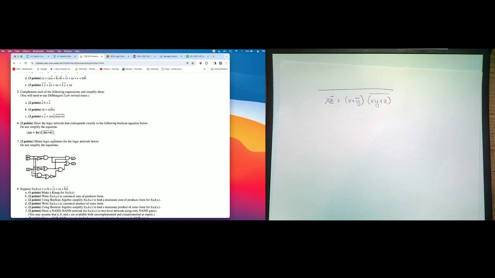Generally, when you have this complement above something, one of the approaches is not to simplify this one, because when you simplify the overall one, eventually you'll end up with two bars here, and then they go away. So that's less work. But if you were to do this first, you could still get the right answer.